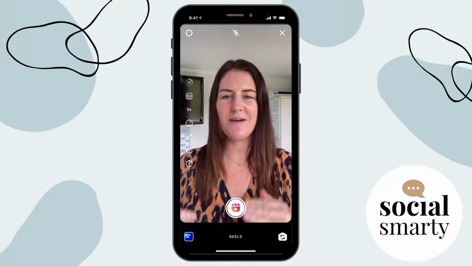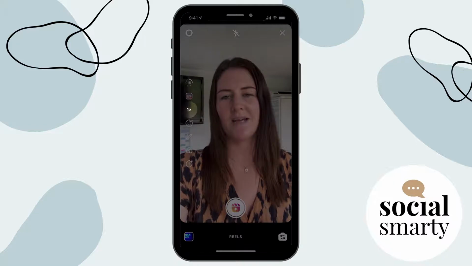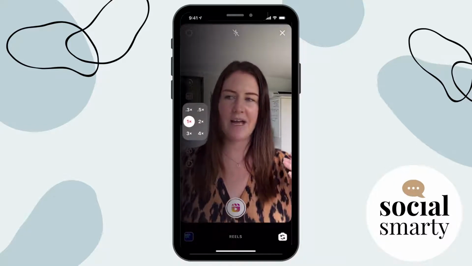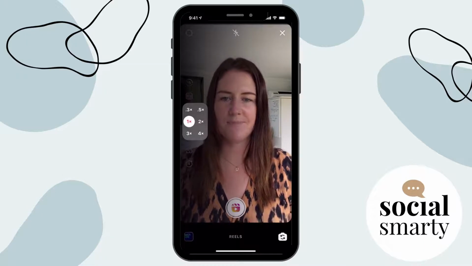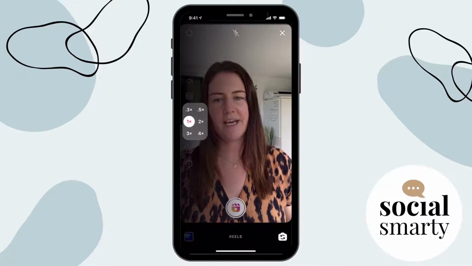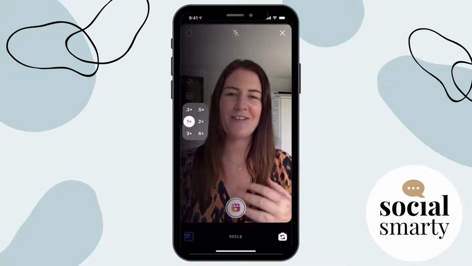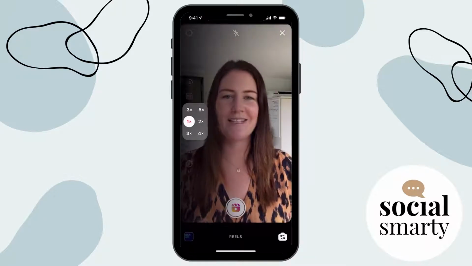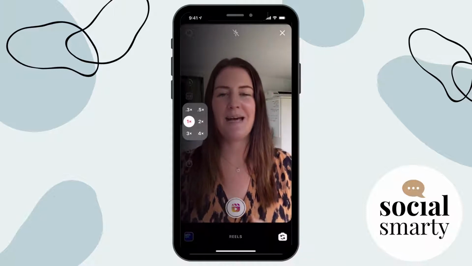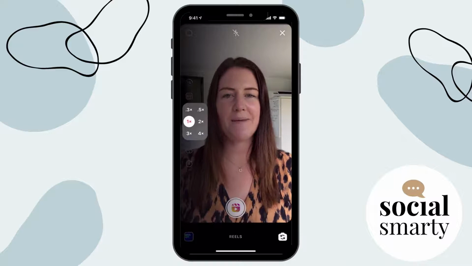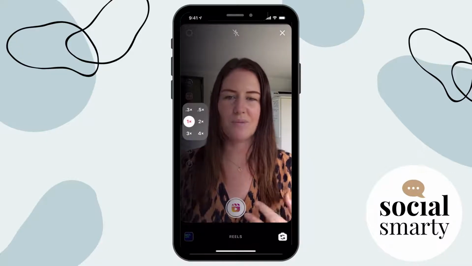Cool, awesome. So now we're on to the third icon, the one times. If I click on that, I've got lots of different options, and that is relating to our recording speed. If we use a higher number, our recording speed will slow down. And that's really good if you're trying to lip sync and the words are quite fast. So you might want to choose to slow down that recording. It will still play back at the normal speed, but it just gives you some options with your recording.